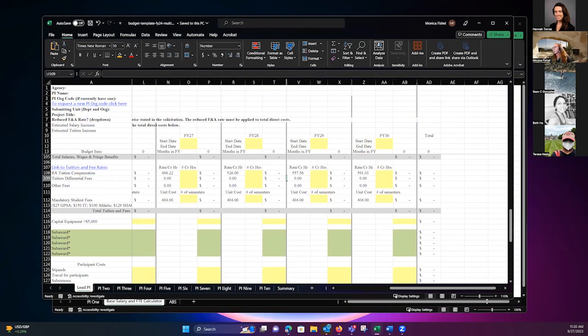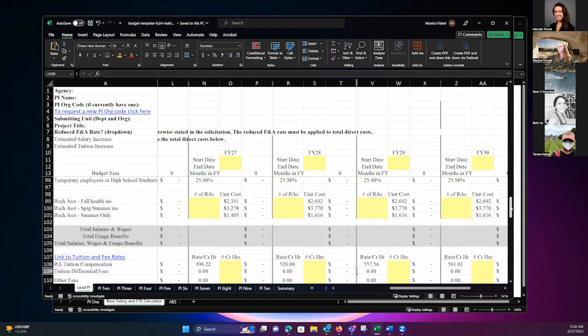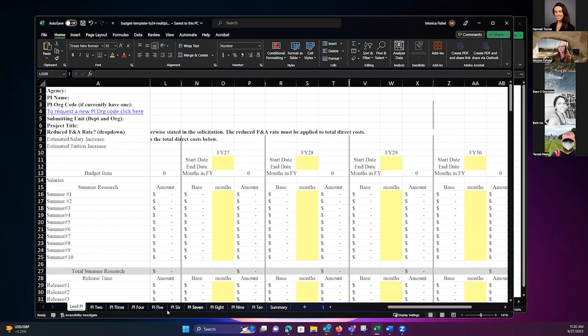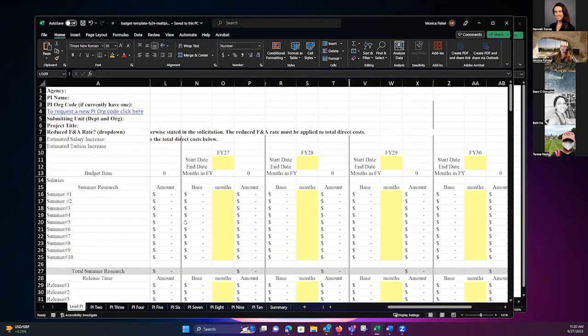Okay. And I don't want to take up too much time because Sean needs his time to do his. So I'm just going to wrap it up pretty quickly by showing you the multi-PI template. You'll notice this has all these tabs at the bottom. There's room for basically 10 co-PIs, or one lead PI and nine co-PIs. And then there's the summary tab on this one, which basically pulls in all the information from those other tabs into the summary. Because the sponsor only cares about the summary, these other tabs are just for internal UNM budgeting